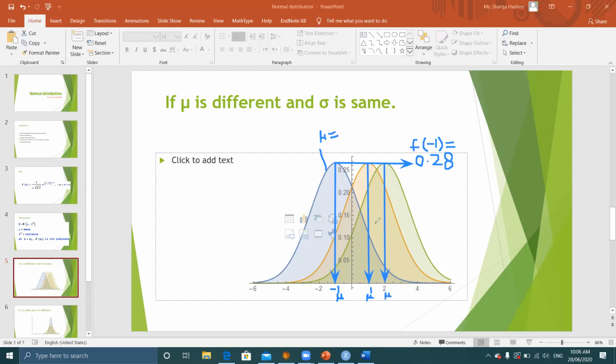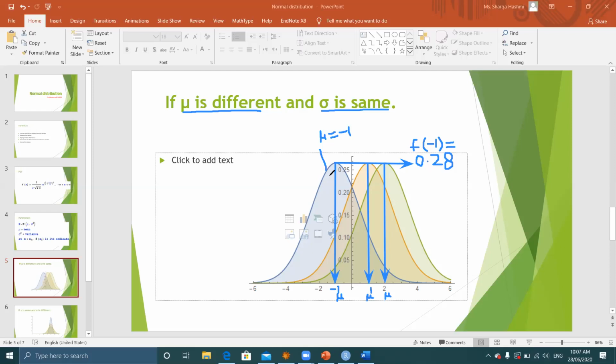but sigma is the shape parameter. So sigma is same. That's why I am mentioning here, sigma is same. For all three distributions, sigma is same, but mu is different. Okay, so in each distribution, mu is different. So mu is equal to -1. Similarly, for this distribution, again, height is same. So ordinate is specified value of